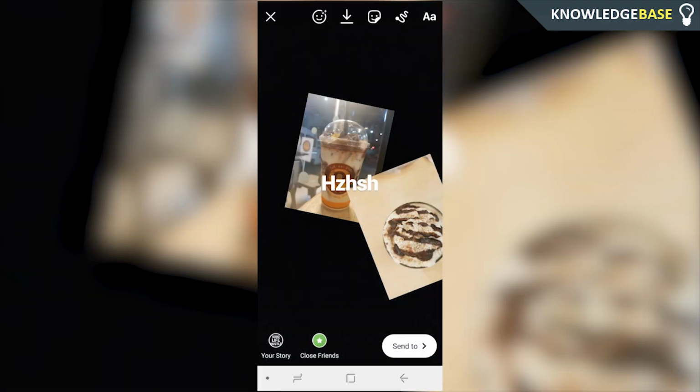add text, you can add whatever you want to it, but that's how you can do it using SwiftKey, and